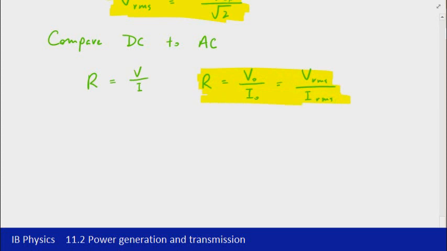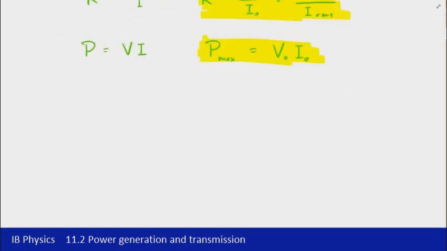So looking at the resistance in an AC sense. Likewise, if we look at an alternative for power, so we know that power is equal to voltage times current in DC. Couple of different representations here. So the maximum power would be equal to the maximum current multiplied by the maximum voltage. And so there's another one that's in the data booklet. And finally, if we then look at the RMS values, so we could just say that it's V RMS multiplied by I RMS, so multiply the two RMS values together,